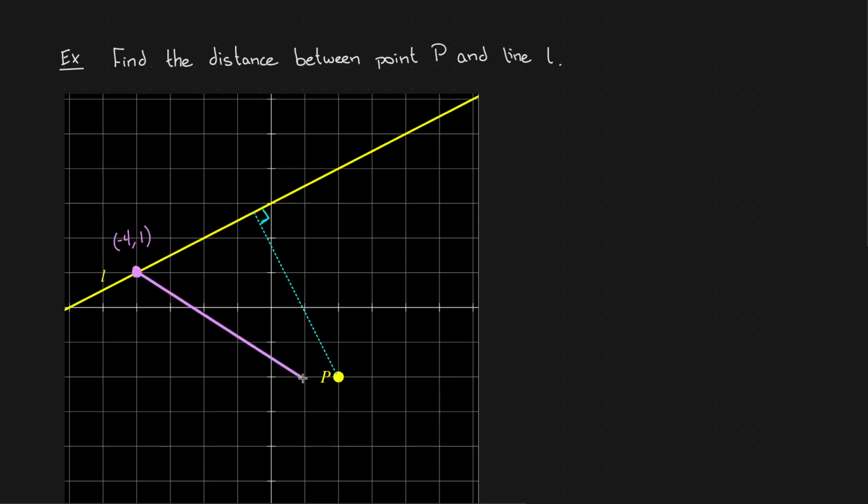So I'm going to look at the vector between point P and this point that I know is on the line. Now, obviously, this isn't going to give me what I want, right? This isn't the distance from the line to the point. But what I do get is a triangle. And I can start to use properties of triangles, and in particular, properties of vector projection